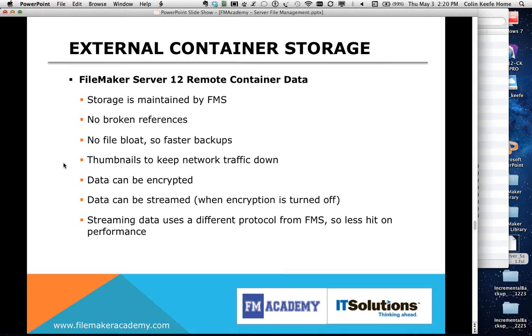This allows us to have no broken references because FileMaker Server always knows where everything is. There's no file bloat because the file isn't actually contained in the file. So that makes the backups run a lot faster. And the data can be encrypted. So I can opt to say I want all the files that I'm storing on FileMaker Server to have them encrypted so that when they're delivered,